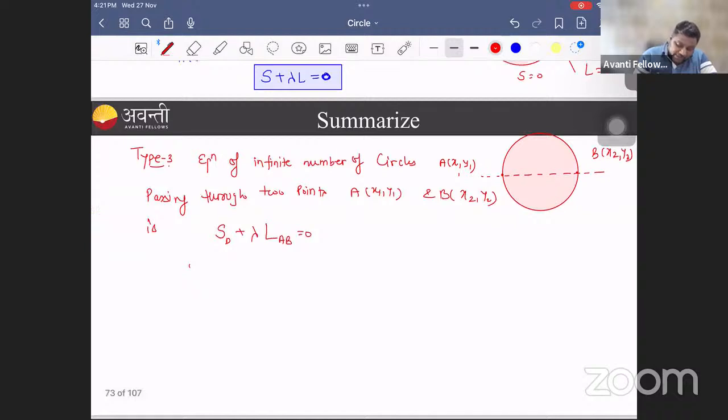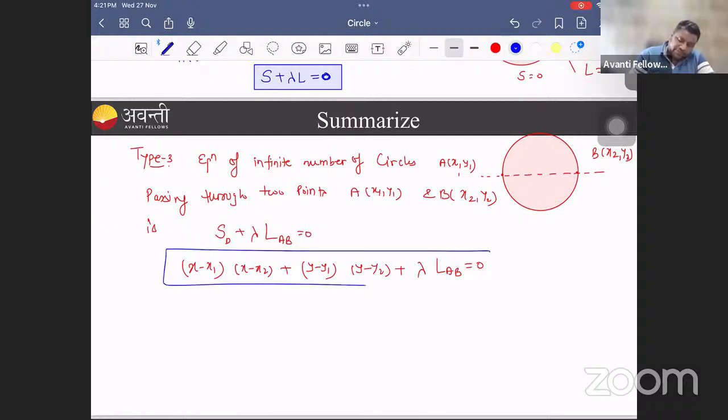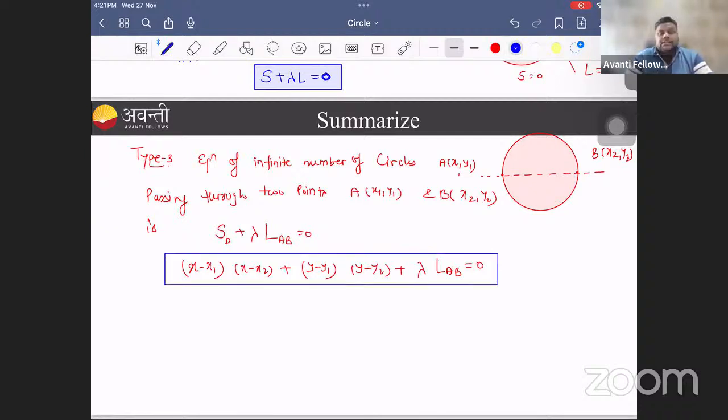So this will be like x minus x1, x minus x2 plus y minus y1, y minus y2 plus lambda times this equation of line AB, which you can find using y minus y1 is y2 minus y1 upon x2 minus x1 into x minus x1. Okay? So this is the third case. Circle in the diametric form. This is very important. And now the most important family,